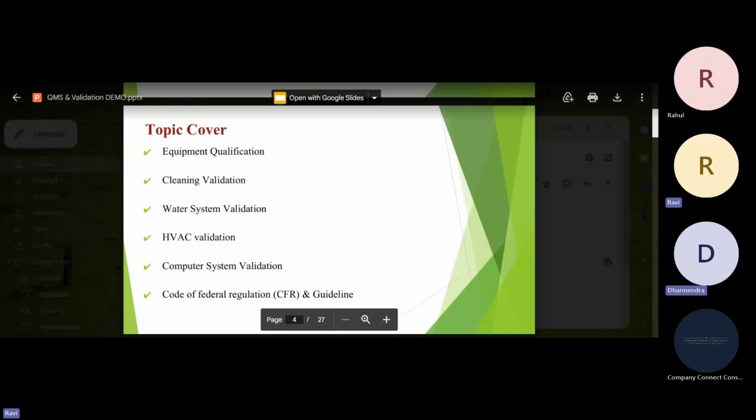सर इसमें कंप्रेस्ड एयर भी इंक्लूड है, क्योंकि टॉपिक में दे नहीं रखा है। कंप्रेस्ड एयर वो इक्विपमेंट क्वालिफिकेशन में ही कवर कर देते हैं। अभी बोला ना मैंने यूटिलिटीज। यूटिलिटी में वाटर सिस्टम भी आ जाता है ना? हाँ हाँ, वाटर सिस्टम वैलिडेशन आता है, कंप्रेस्ड एयर सिस्टम आता है, नाइट्रोजन सिस्टम आता है, और हॉट वाटर जनरेशन आता है, वो सभी यूटिलिटी में कवर हो जाता है।